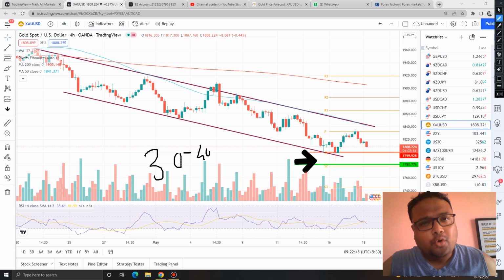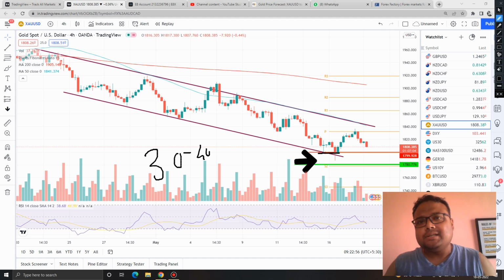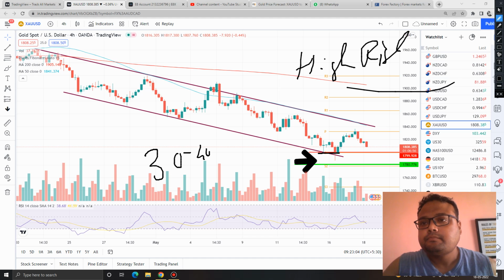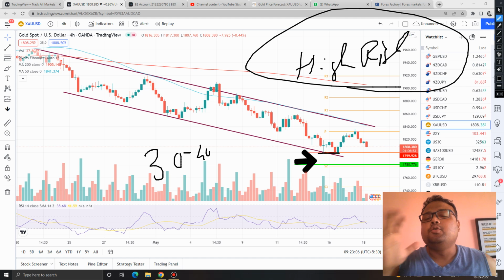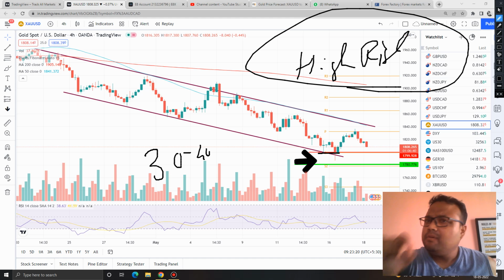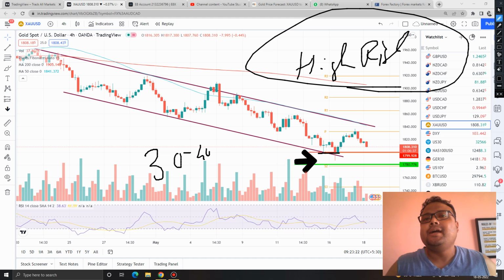So if gold comes down to the 1800 level, 1800 being a psychological support in the market, watch the market first, observe the market first. If you see some kind of bounce or reversal with high risk, you can try to buy, but again I'm saying it's high risk to buy. Do not expect any trend reversal, because as of now we do not have any factors or events that will give us confirmation regarding a trend reversal. So if the market bounces for 30-40 pips, you can try a high risk buy, otherwise it's better to avoid.